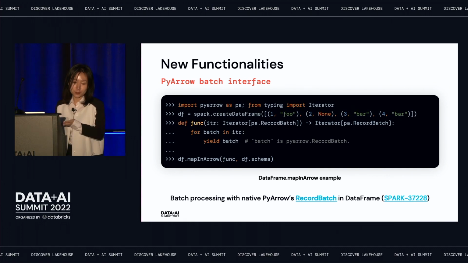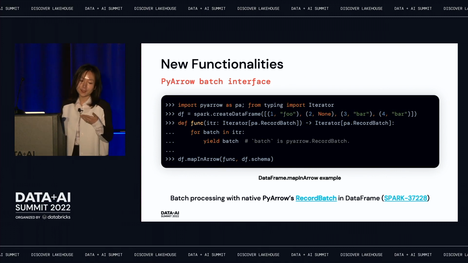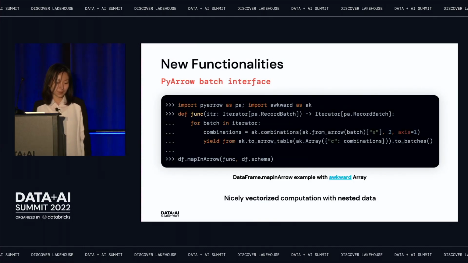As the example shows, we have a data frame, and we define a function that takes in and outputs the batch. And after we call the mapInArrow API, it results in a data frame as well. The mapInArrow API extends the flexibility of data manipulation.